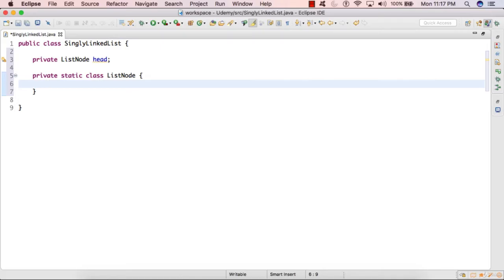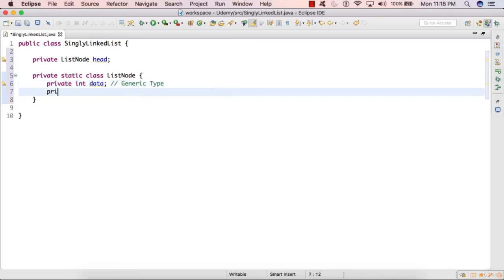And we also discussed that this list node has two properties. One is the data property and the other is the pointer to the next node in the list. So the first property is the data part. So private int data. Usually this data type can be any generic type, but in this tutorial and also the upcoming tutorials I will be taking it as integer type. We will also create a list node variable having name as next, because this next will be pointing to the next node in the singly linked list.